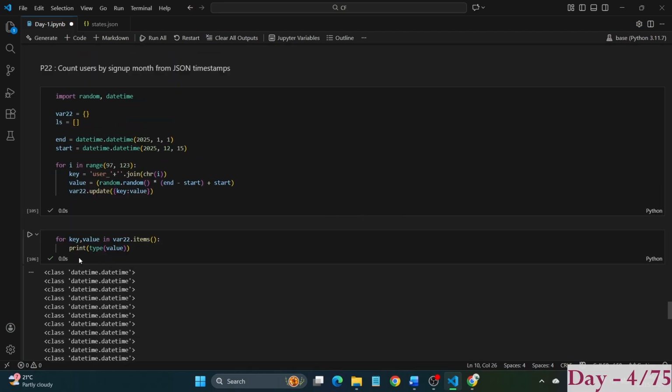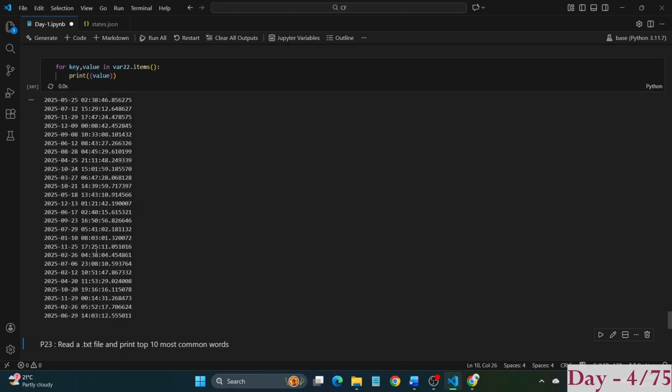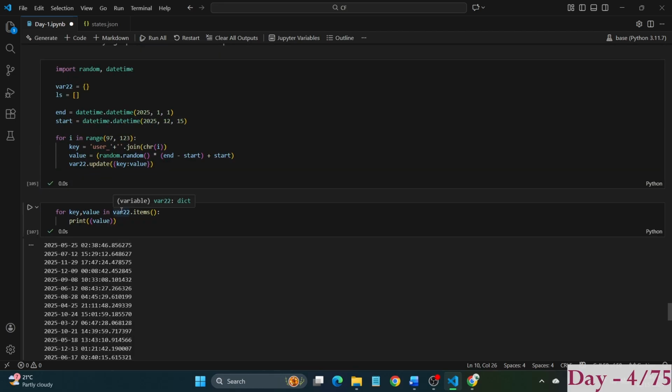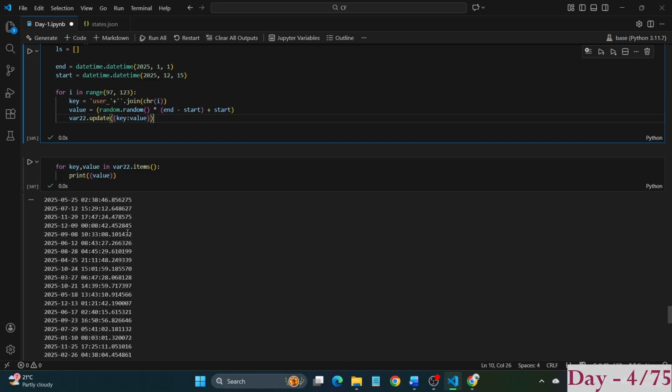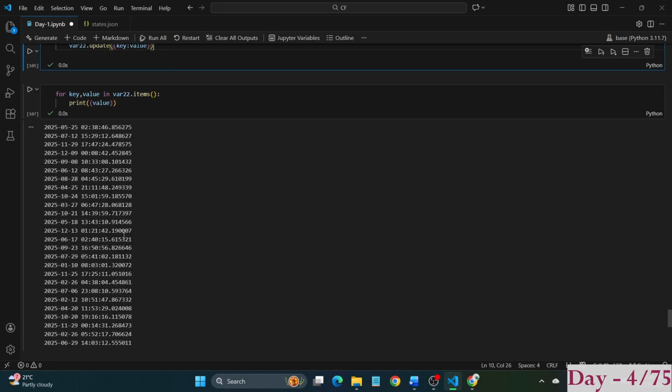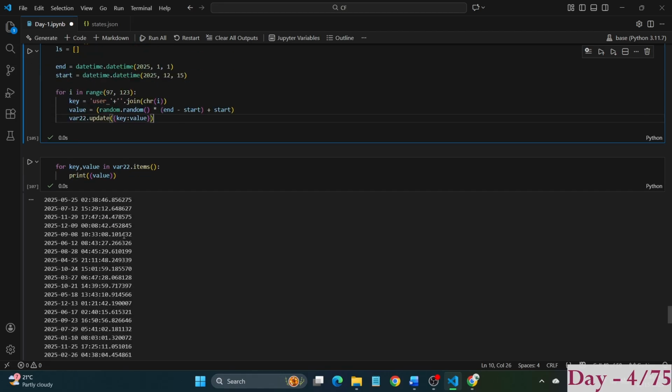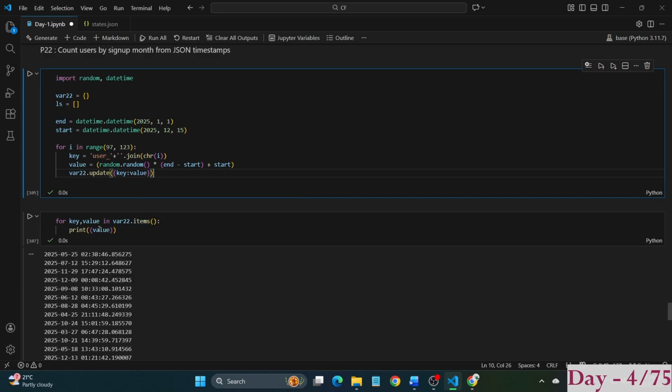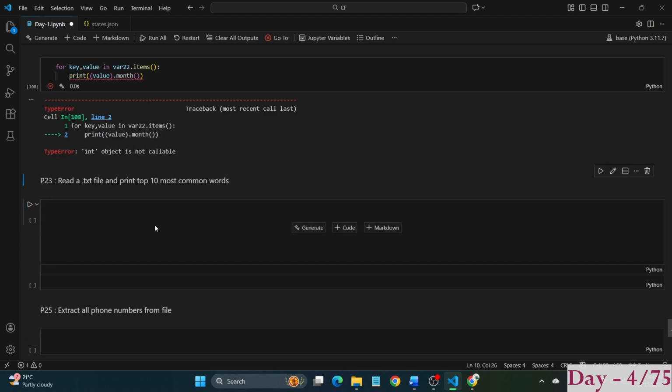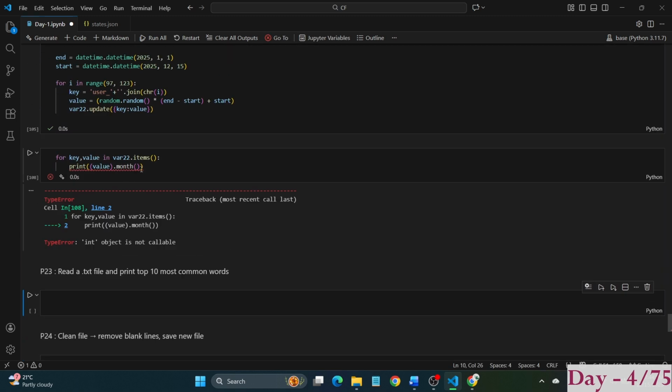Date and time we are getting, which is strange because earlier I wasn't getting this value. Okay, since we are already getting it, I'll just try to get the month out of it and see if we can do this. Not callable. Okay,